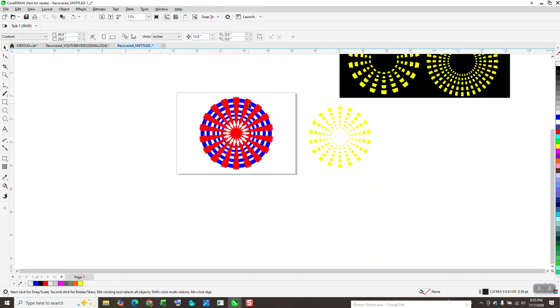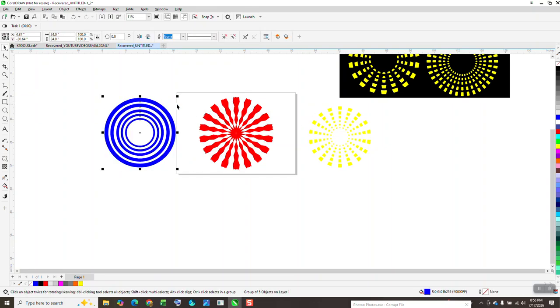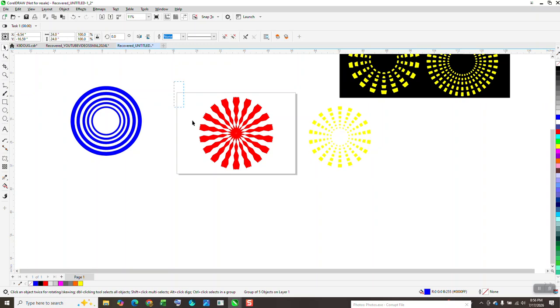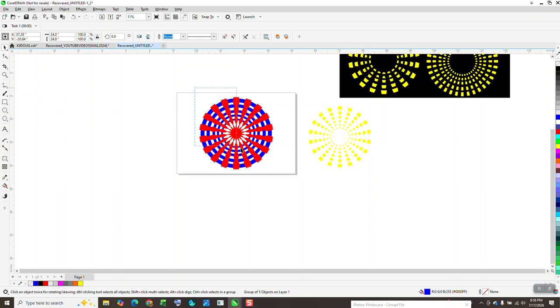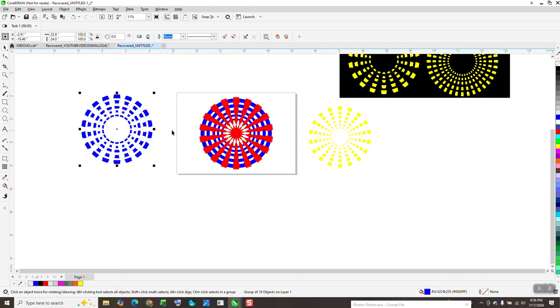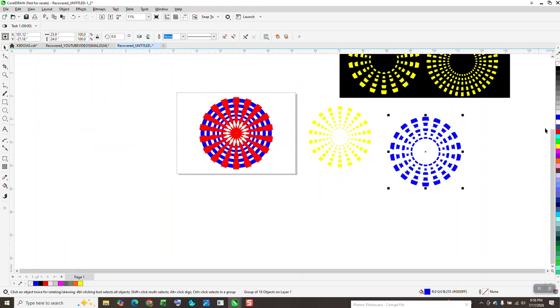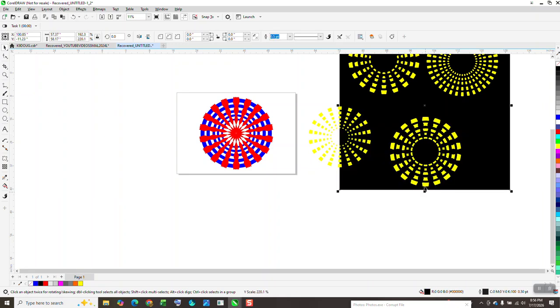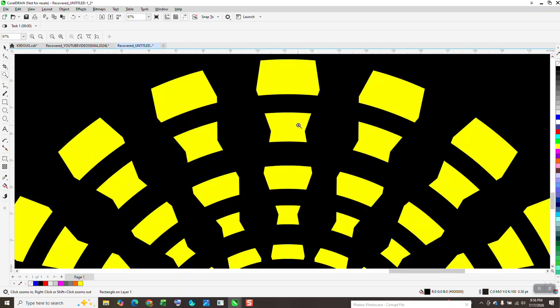Now, take your blue again and get it out of the way. I'm working in the center of the page so I can just move it. I'm going to Control G to group that, and then I can hit P to put it back. And now I'm going to go back to our INTERSECT tool, and look at that. Let's turn it yellow, bring in the black box effect, and you get these completely